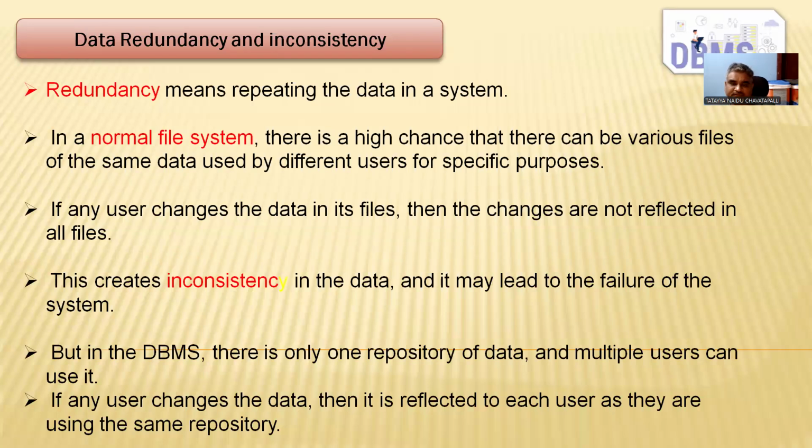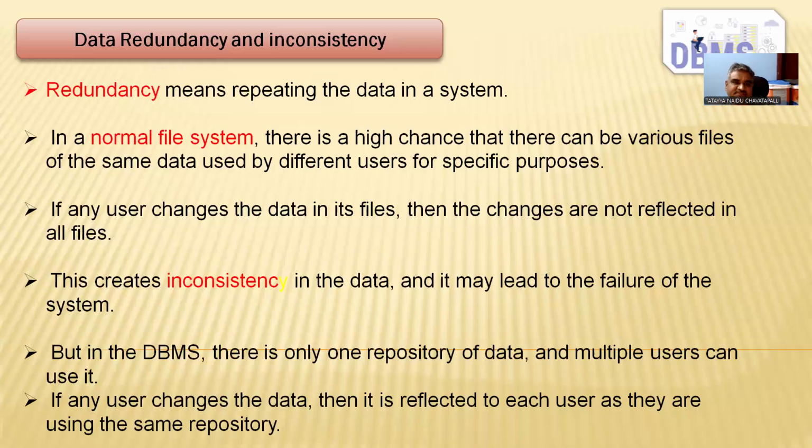For example, in universities there are different sections, like account section, library section, exam section, department section, like various sections are there. For that, the same data is in different locations. If we change the address in one system, that does not affect the remaining systems. That is the main disadvantage